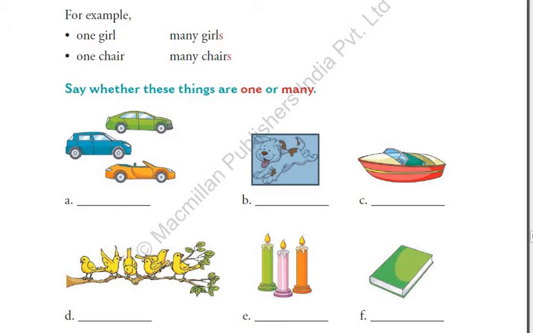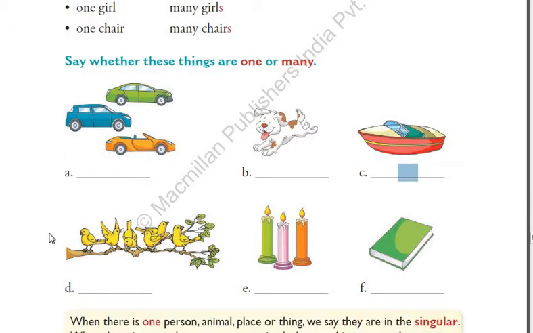In this picture, I highlighted the dog. So we are supposed to write one because there is only one dog seen in the picture. Similarly with this boat, we wrote one, correct? Because only one boat was there. And then in the homework, I gave you the remaining three pictures to solve. Let me solve it for you in case you have any doubt.